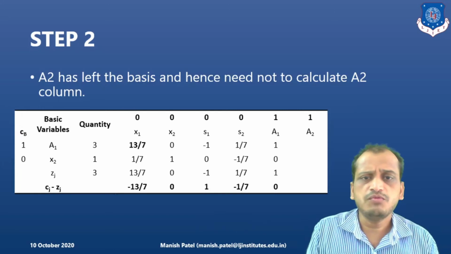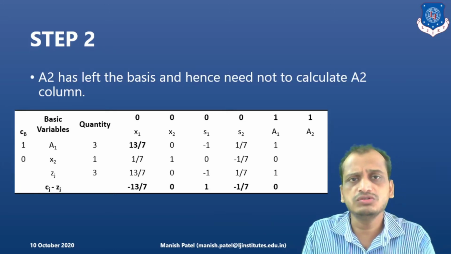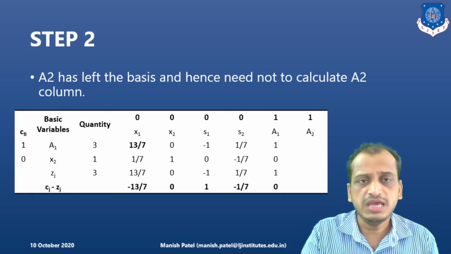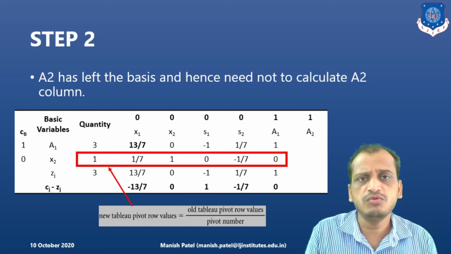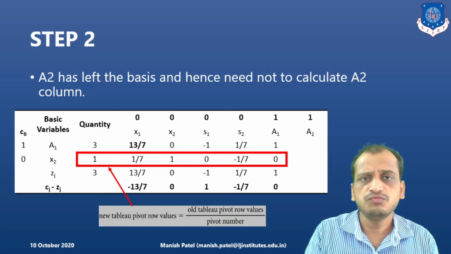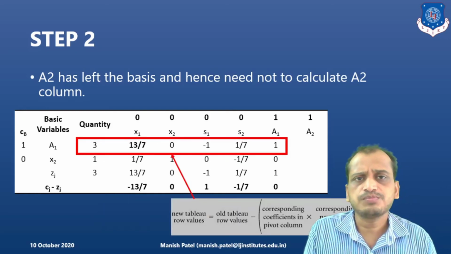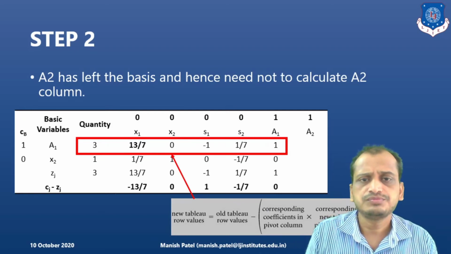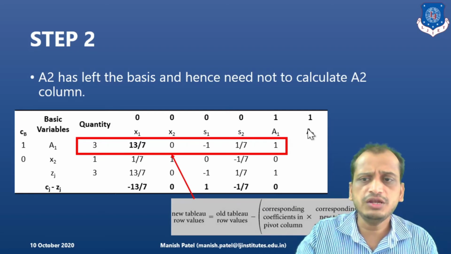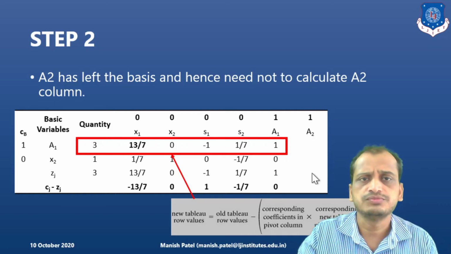In the next step, what will we do? We will calculate the new values of the table, or rows and columns. So how do we do that? Same as in the big M method, we will repeat it here. We will use the same formula which we have discussed in the simplex method for the new rows, which is derived from the pivot row, right? And with this another row which is based on this formula, right? Now here if you see, a2 is the leaving variable, so we will neglect a2 here. We will not calculate a2.